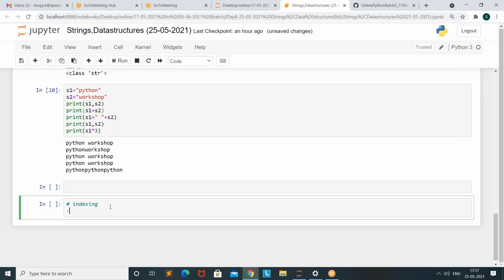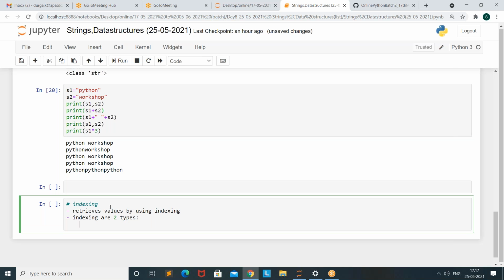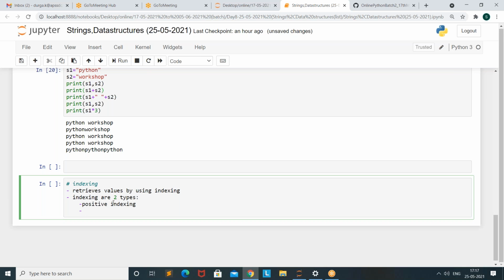Indexing is of two types. One is positive indexing. Another one is negative indexing.